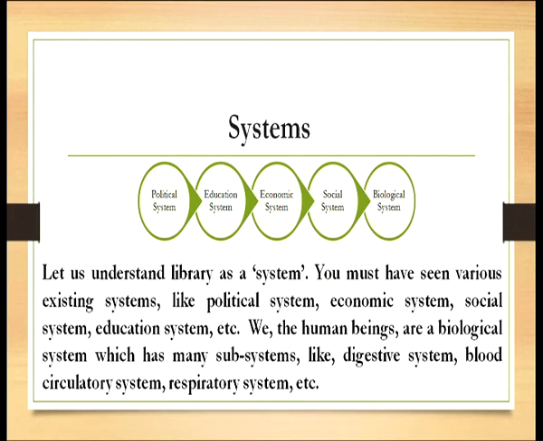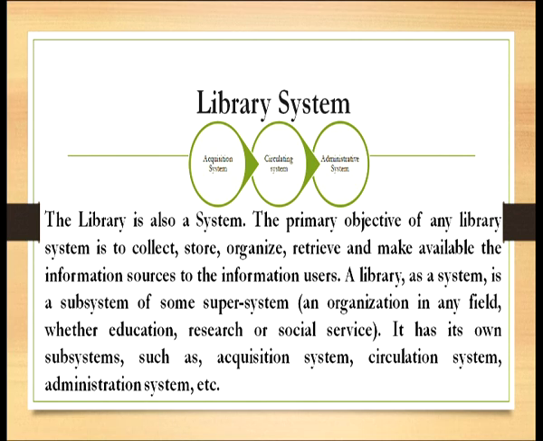You must have seen various existing systems like the political system, economic system, social system, education system, etc. We, human beings, are a biological system which has many subsystems like the digestive system, blood system, circulatory system, respiratory systems, etc. So, the library is also a system. The primary objective of any library system is to collect, store, organize, retrieve and make available the information sources to